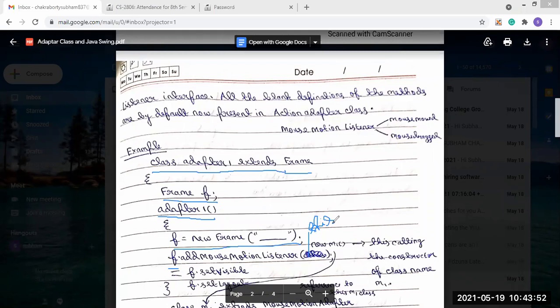This keyword passes the current instance, and using this registration of frame, because we are using the component frame, our frame F is added to the mouse motion listener.